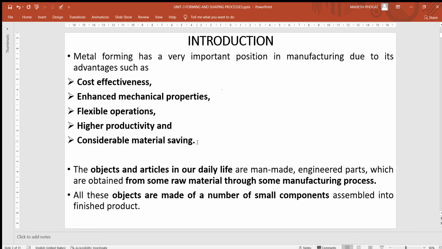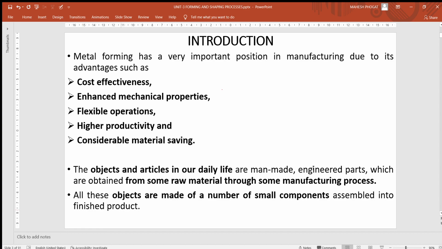The fan is not made from one complete piece, it is made up of a group of components. So blades are manufactured differently, the motor is manufactured by different manufacturing processes, the rod is manufactured by different manufacturing processes, the wire which is used to provide current is manufactured by different processes. So when you club all these things together, it will form a complete unit which is called the